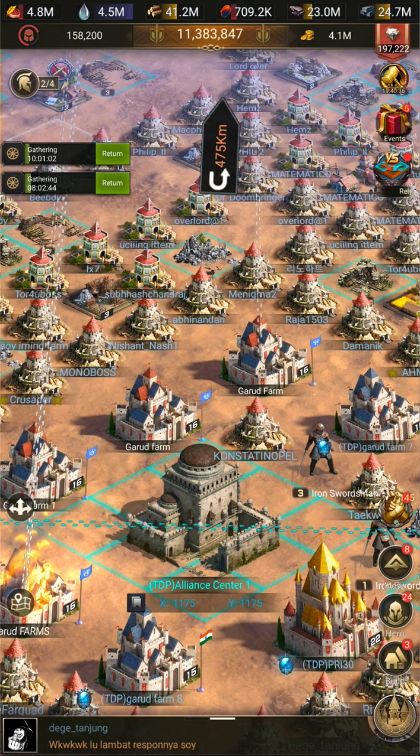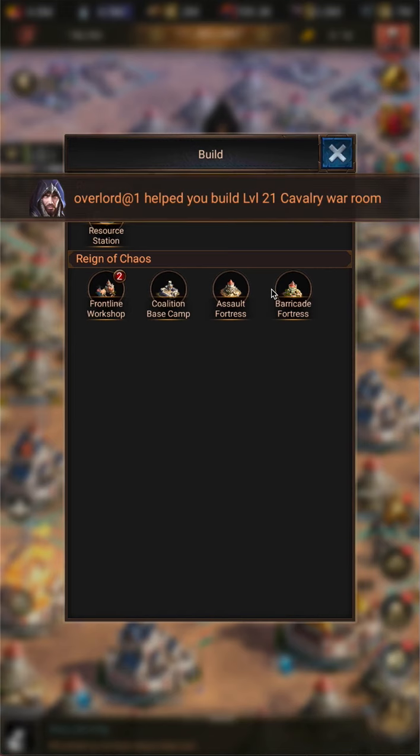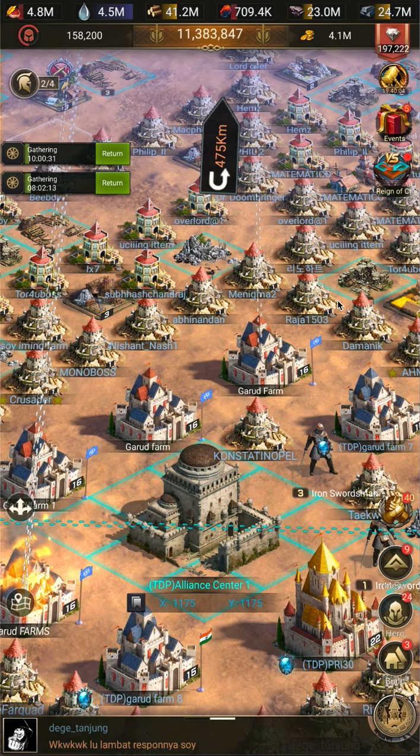All you need to do to place a building, go on the map view, ask where Alliance Center 1 is, but you can find it at 1175, 1175. Click build, and then you should have buildings at the bottom. If that's not showing up, restart your app or update it or whatever you need. But you just click on this. Now I can't place it at the moment because we haven't got Alliance Center 3, but you have 4 buildings